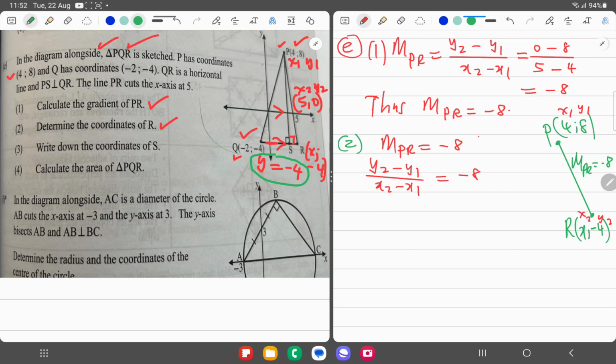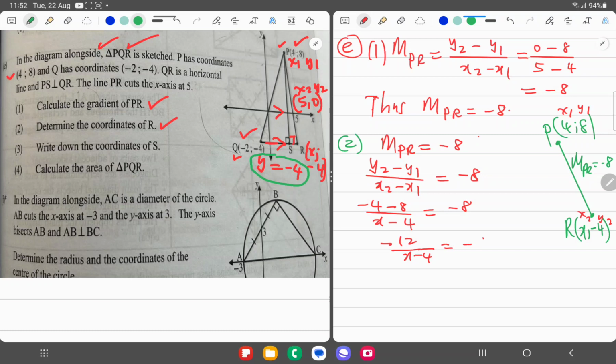So what is y2? y2 is -4 and y1 is 8, all divided by x2, which is x, minus x1, which is 4, equals -8. So what do we then get? We have -12 divided by x minus 4,